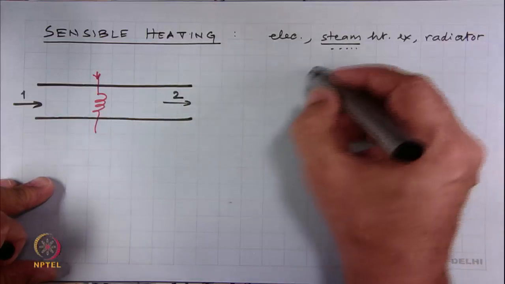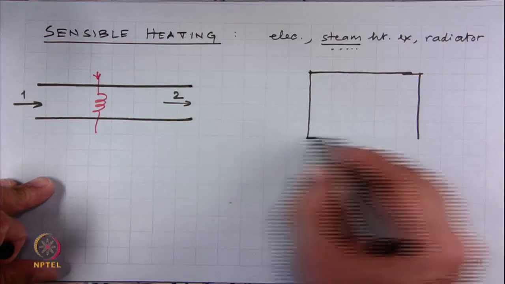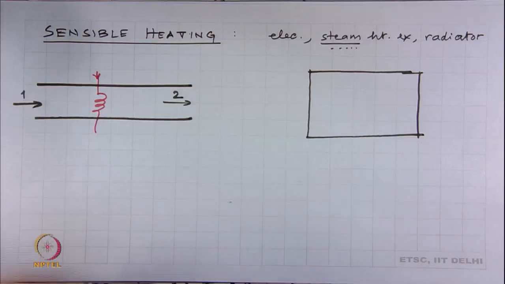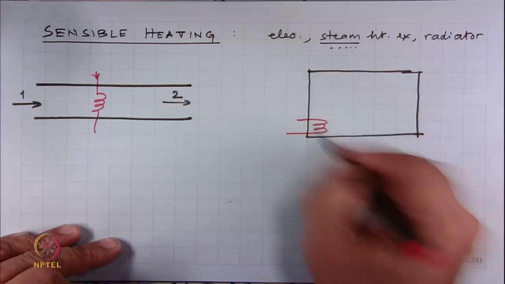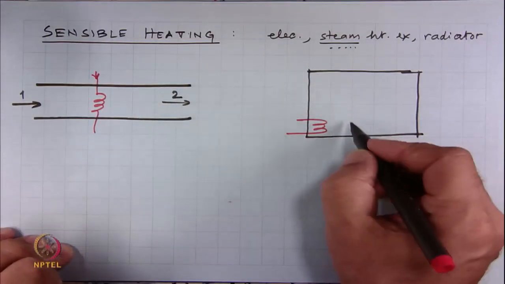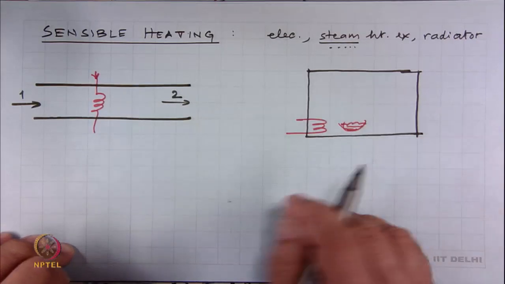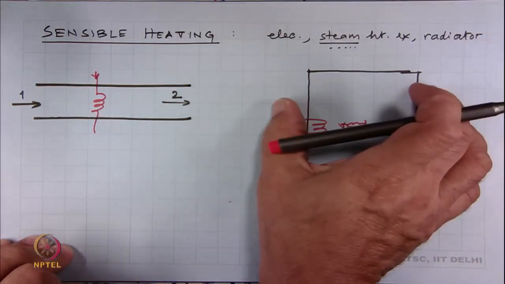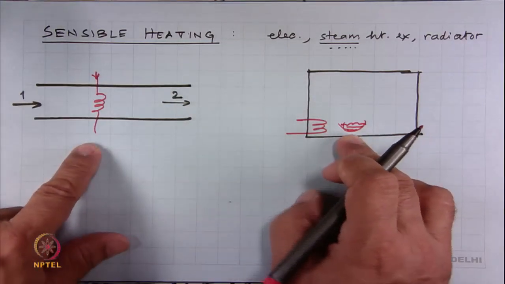Another way where the same thing happens is what one does in the house on cold days, is that we have a room, and in this we put an electric heater and heat up this air, and assume that the walls are adiabatic. The other option could be that we have something smoldering or hot, and that is giving away heat. So, this is a closed system where heat is being given. This is an example of an open system where the air is being heated.